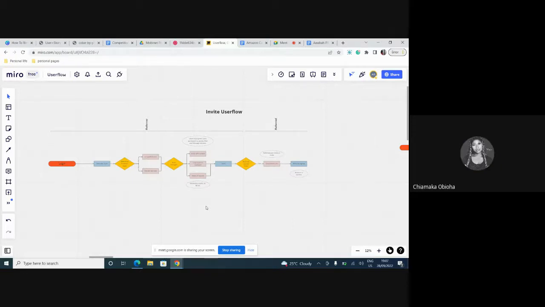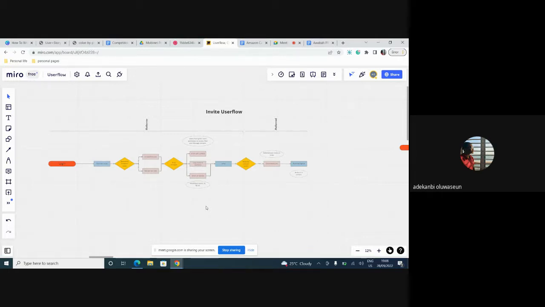Okay, so I don't know what I have on top of my head. So we have features, right? And then there are different user stories for a particular feature. Are you saying we are selecting a particular feature and then breaking that feature into these 3 different user stories, and then mapping out exactly for each of the user stories, like picking 3 different features, or for a particular feature we pick out 3 different user stories and then map out the user flow? No. Okay, you're getting me confused here.